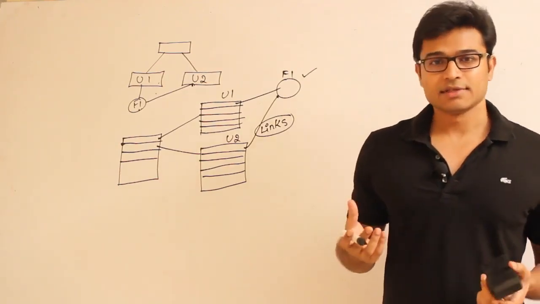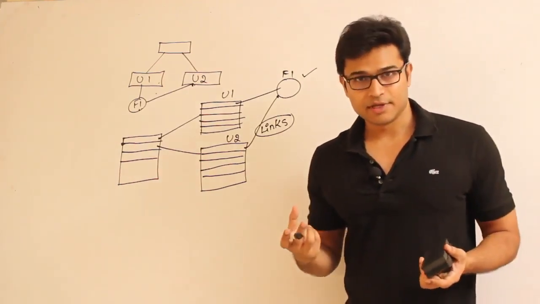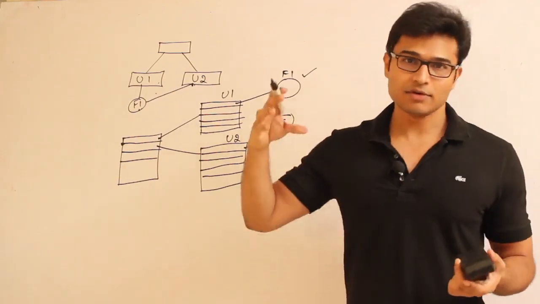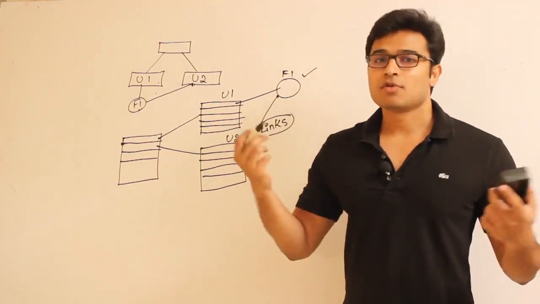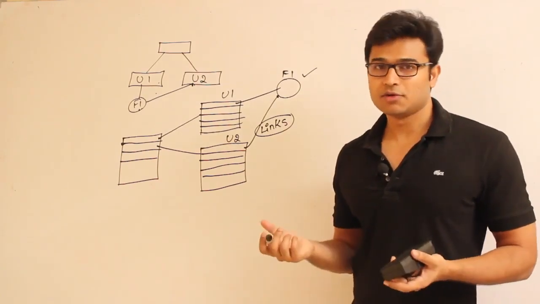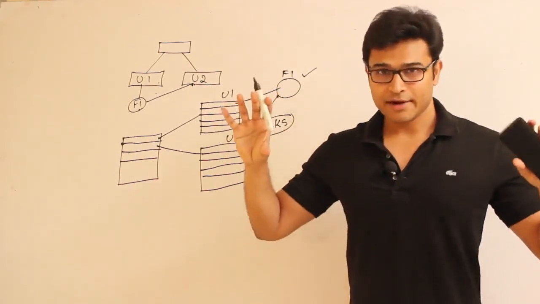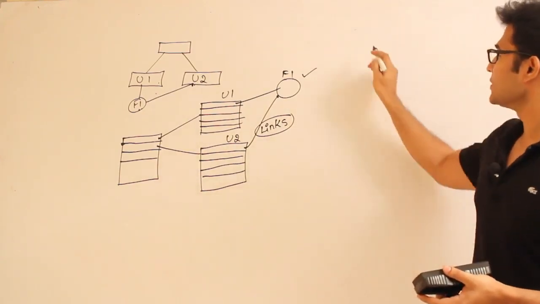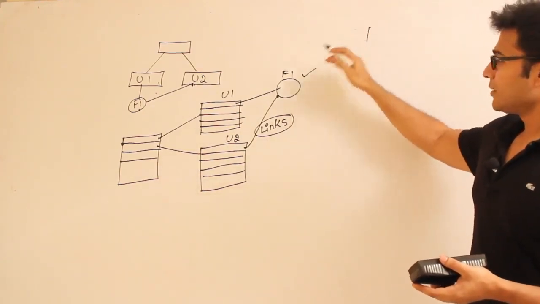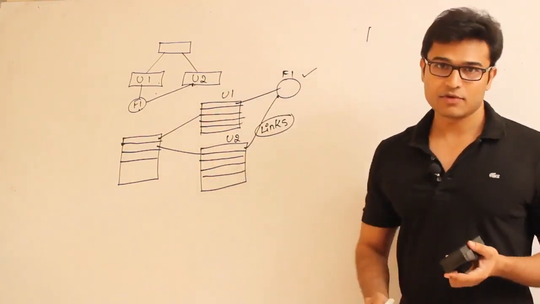Sometimes there might be a program which is actually used by only one user, but it might be required in two different projects, right? Then what can we do? Then both the project directories can point to this file. So what I mean to say is, even though here two users are sharing the same file, we